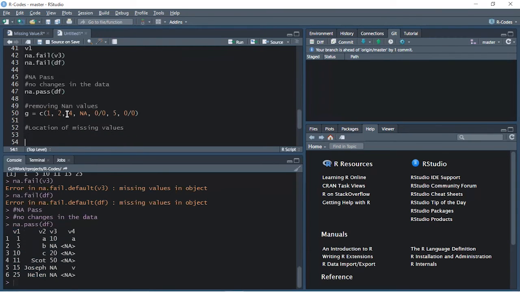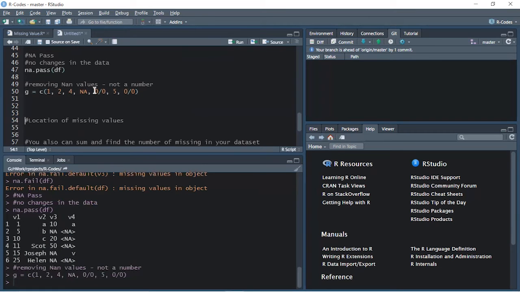Now let's understand how to remove NaN values. NaN is not a number. So I have created a vector here where there are some NaN values, created using 0 by 0, so there will be not a number. Let's see how to identify these NaN first.